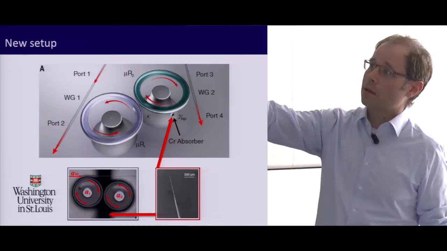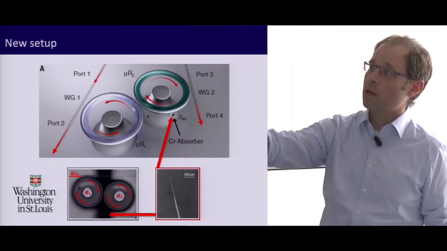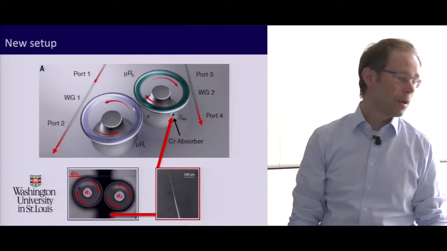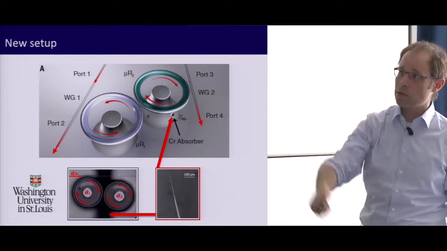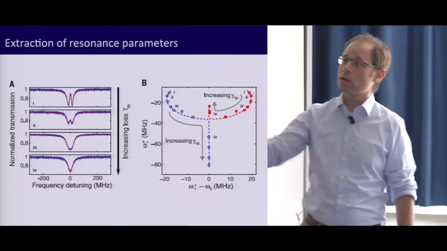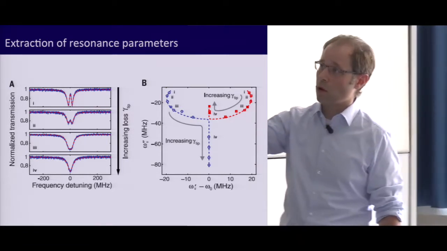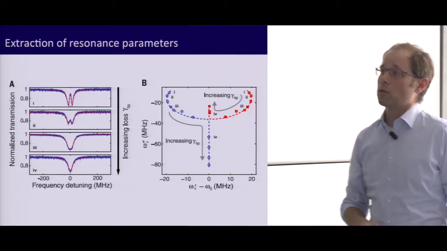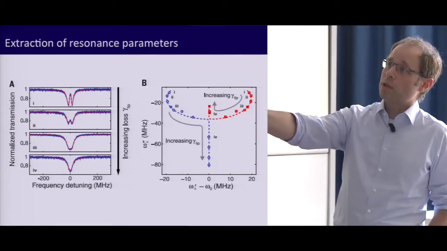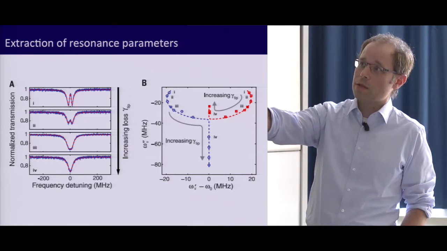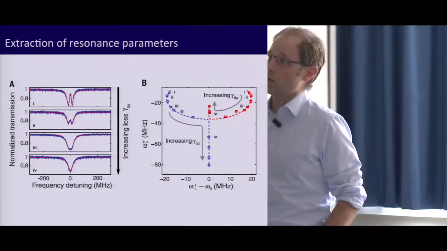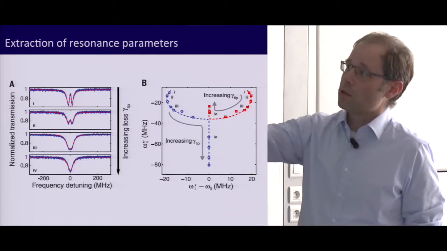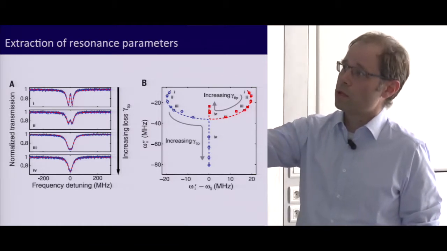send light at the telecom wavelength through one waveguide and then just measure how much is transmitted through this port or through that port. And if they do such a transmission measurement as a function of the loss, so how close they placed the tip to this resonator, they first would see split resonances in the transmission. And then those split resonances, when increasing the loss in the resonator, would evolve into one resonance that would then